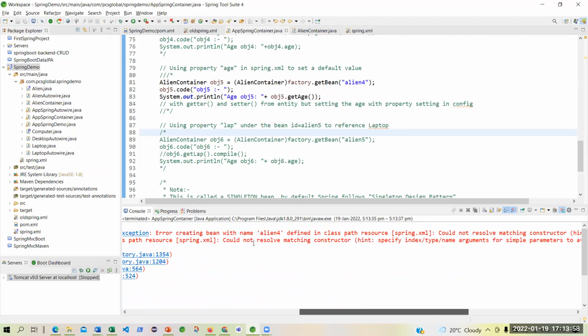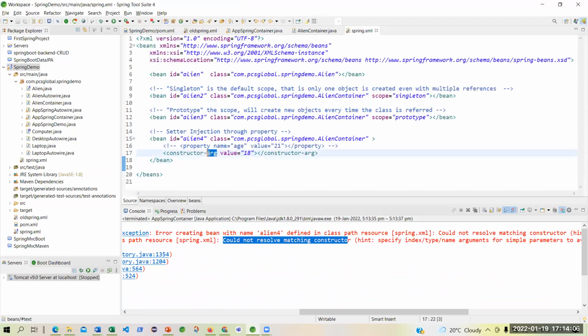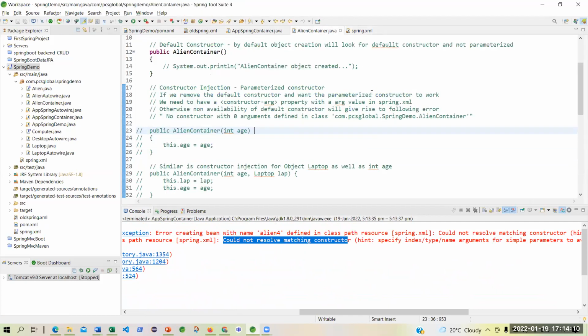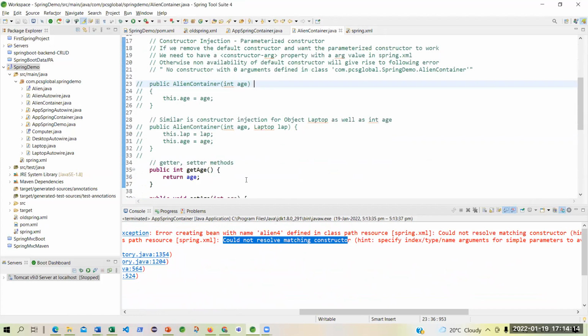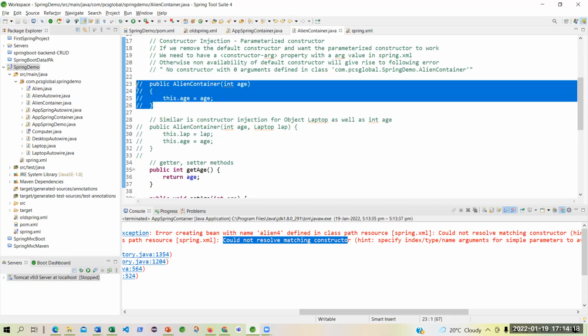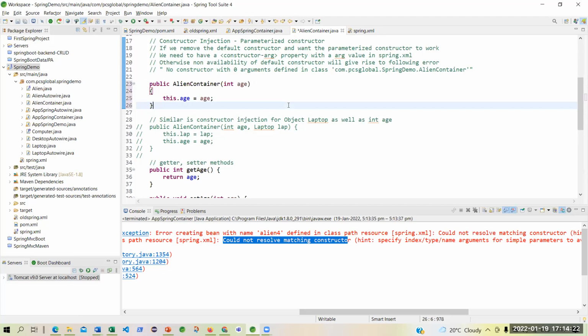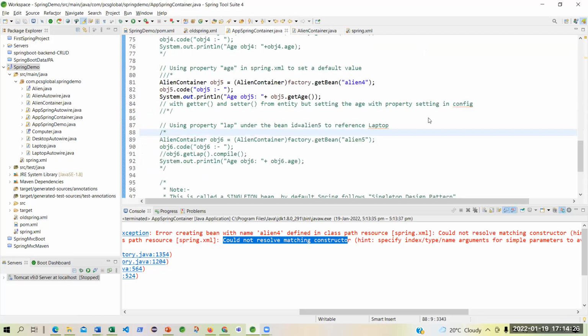So basically it is saying that it is not able to find the constructor, because here you have mentioned that there is a parameterized constructor, but where is the constructor? I go into align container, I'm not finding any constructor. That is the error. Okay, now I take this out. Clear? I save this. I go back. I run this.